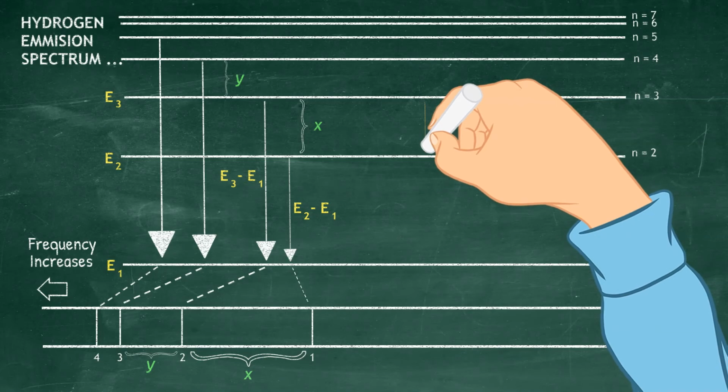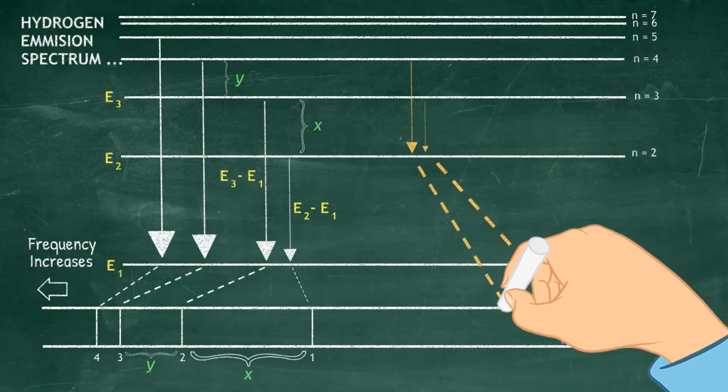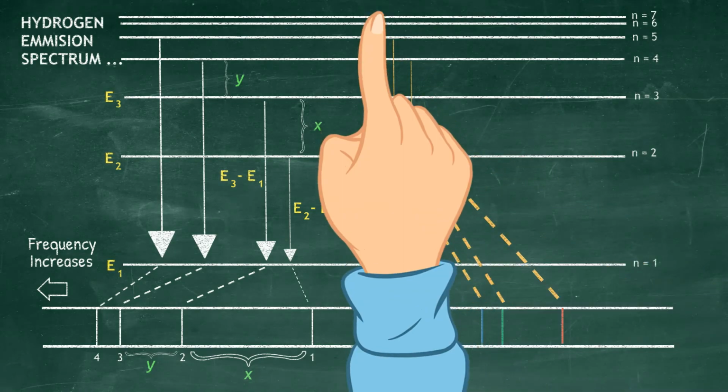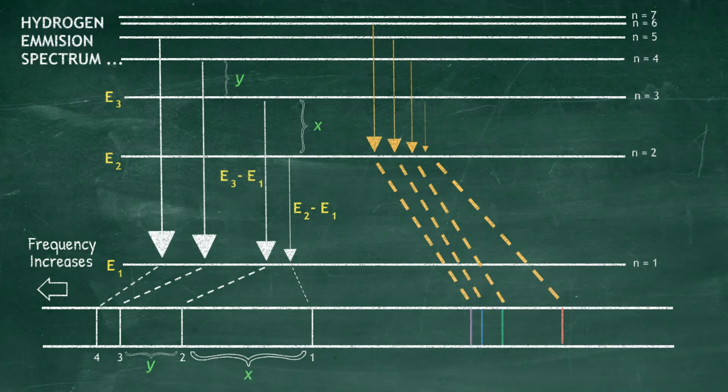If the excited electron falls back to the second energy level, they produce a set of lines of a different series. These lines are placed on the right-hand side of the previous series because the energy released during these falls is smaller than the previous falls. Here 4 colored lines are visible to our naked eye.